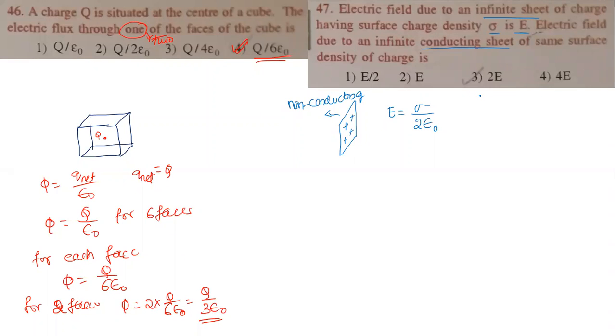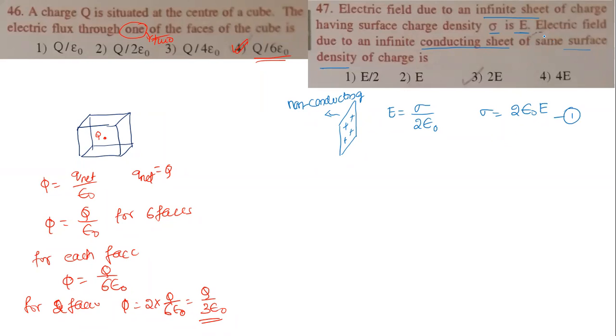Next, here the charge densities remain the same, they are given. That is the one point we need to keep in our mind. Highlighting point: same surface density. Then I can write sigma equal to 2 times epsilon naught multiplied by E. Let us take this as equation number 1.